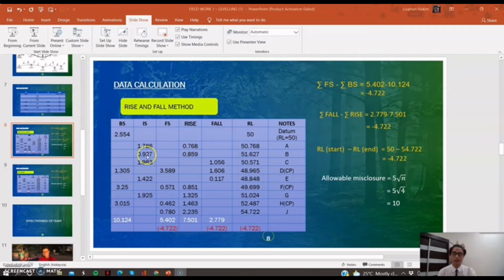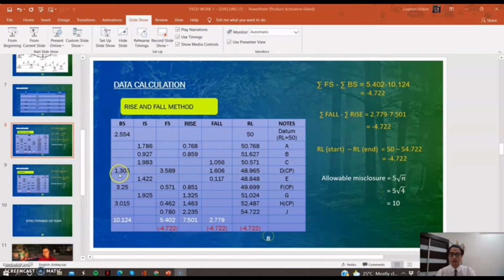0.859. Next, 0.927, you need to minus with 1.983, you get the answer 1.056. Next, 1.983, you need to minus with 3.589, you get the answer 1.606. So this is a change point, which means we are moving to the next level position, which is level